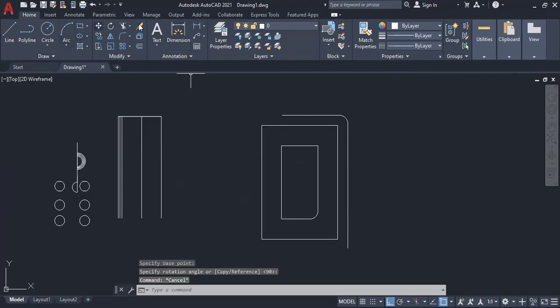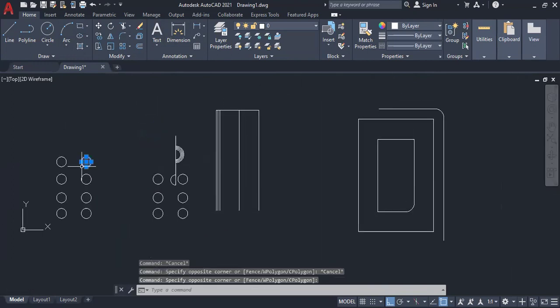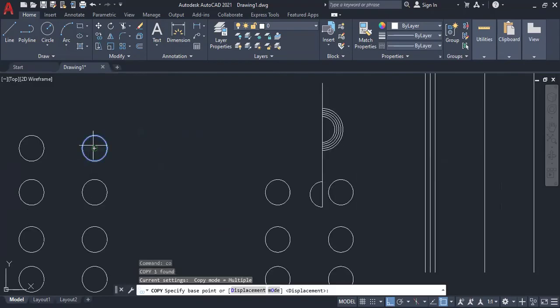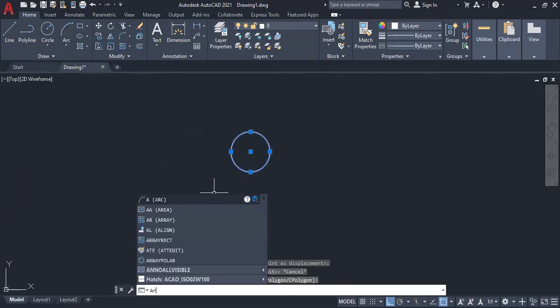And next is the array command. Okay, AR, array. To explain array, I'll take one circle. I'll copy this to somewhere to demonstrate array. So I'll select this circle. I'll go to the array, AR, array. In the array command,